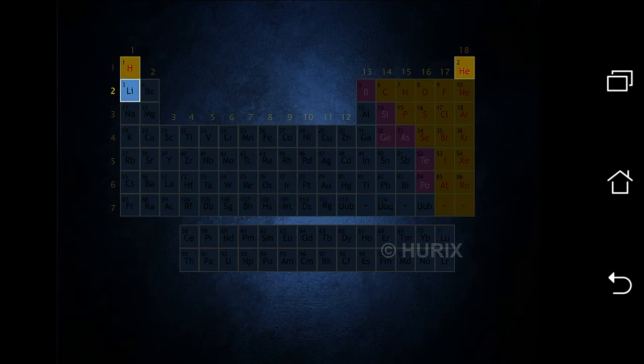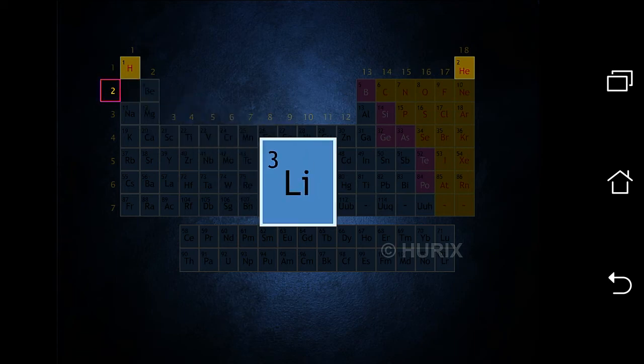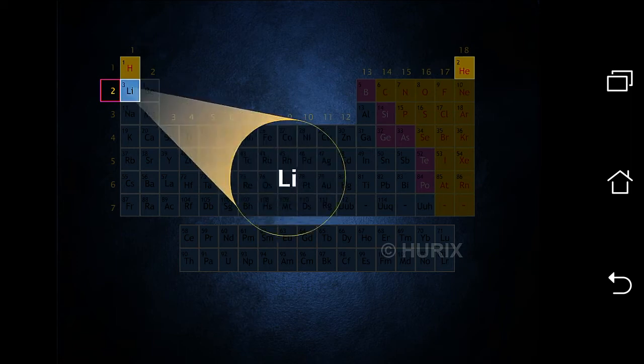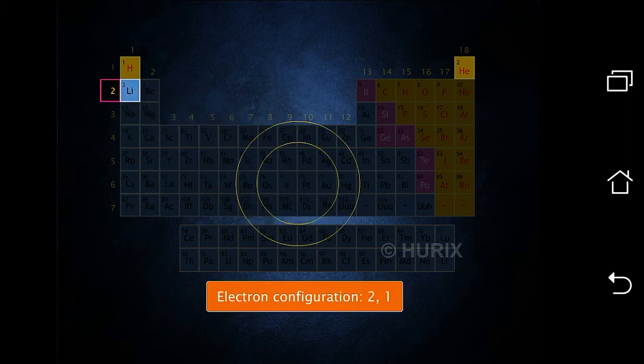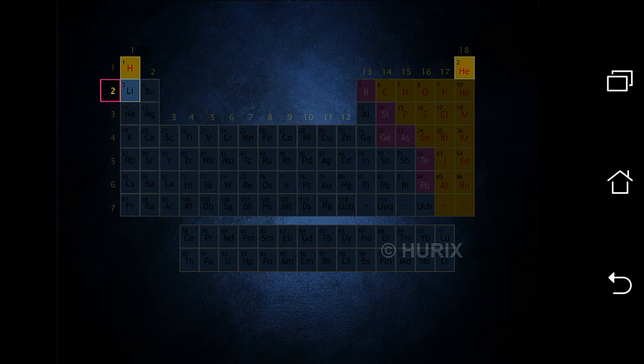Now take a look at lithium. It is the first element in period 2. The atomic number of lithium is 3. And its 3 electrons occupy 2 electron shells. Now let's take a look at the other elements in period 2. For instance, beryllium,